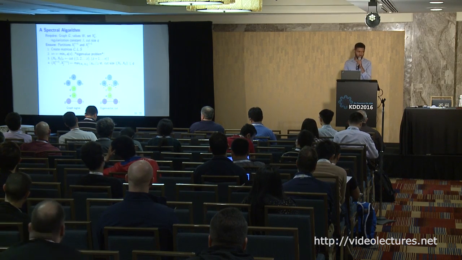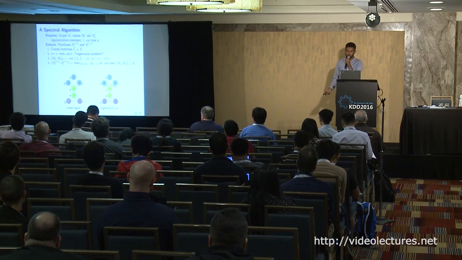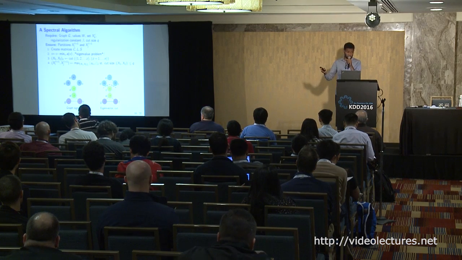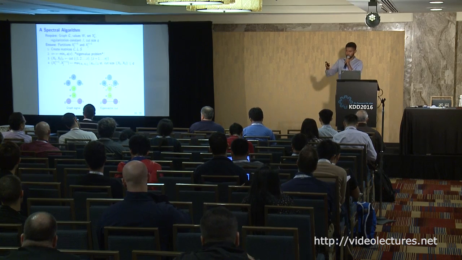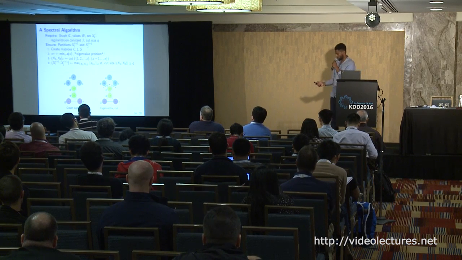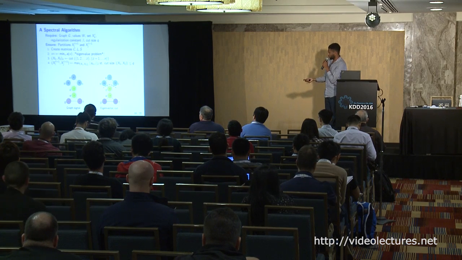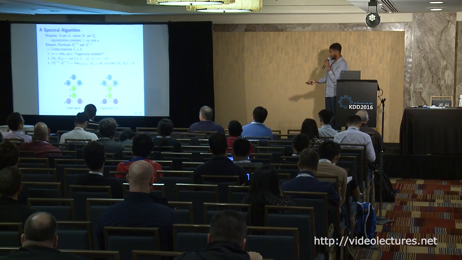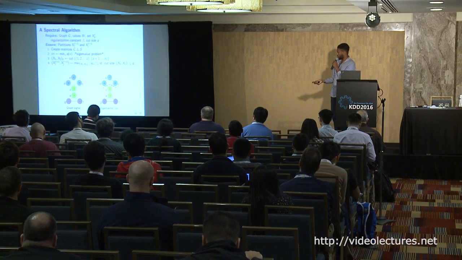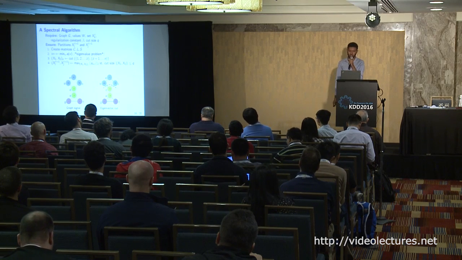Just to give you an idea how we use this, you just compute those eigenvectors, and then we round back the solution by doing a linear search. If you sort the nodes in terms of what value you get in your eigenvector, you can do a linear search and find the best place to do your cut. And this is one example. You get a data set like this that has a signal on the nodes, and as a solution of your eigenvector problem, you get a vector that's also of real values, and you just need to find where in your graph you should cut so that you minimize your objective function. So you can do this in polynomial time.